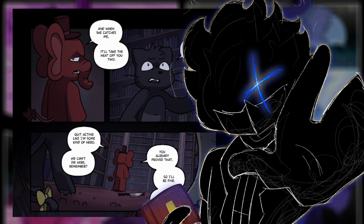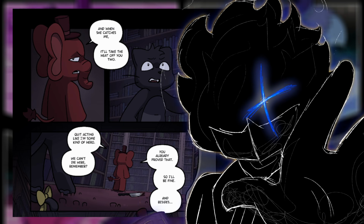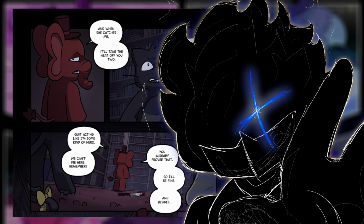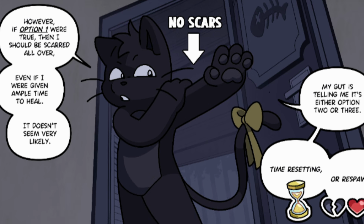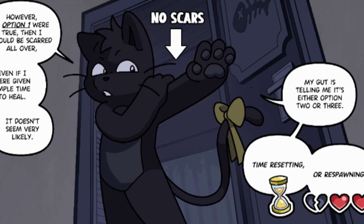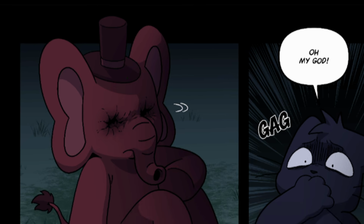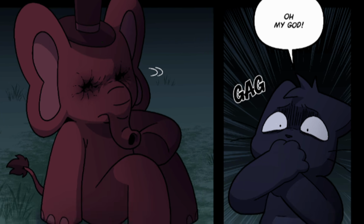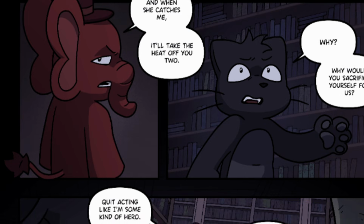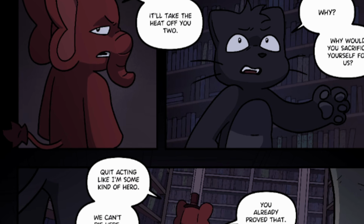Technically, the characters don't have to logically explain anything relating to their thought process, as most scenes with it can be figured out yourself before the characters make those deductions. I was able to almost correctly assume things like the fact that you probably just respawn in this world, and that when Empathetic lost his eyes, he was screwed before the characters broke those facts down or figured it out themselves. But the clarity and understanding we get from those logical explanations allows for the story to be understood by